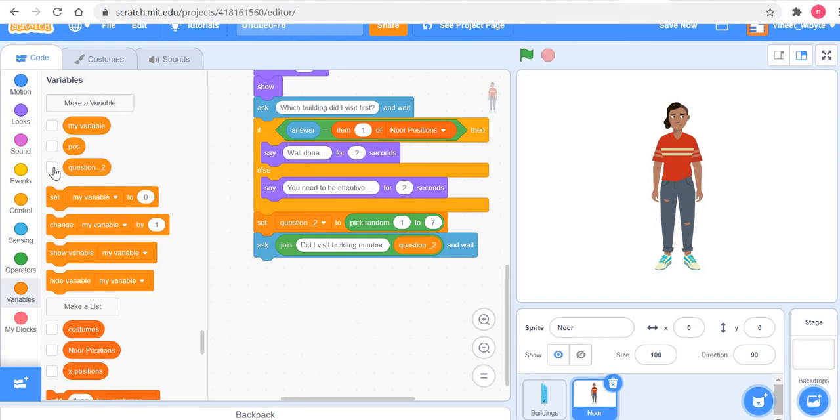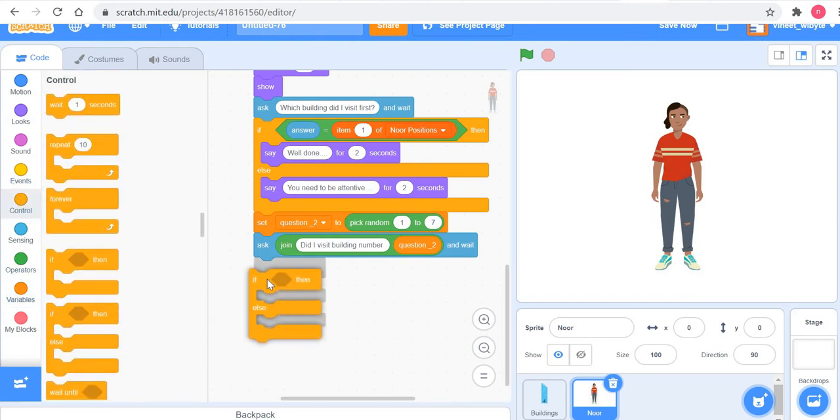Now, once I answer, how does Noor find out if this answer is correct or not? It can use the function called contains. So if Noor positions contains question 2, it means I visited, and hence if I answered yes, it must be correct. So I go again to control and I say if then else.